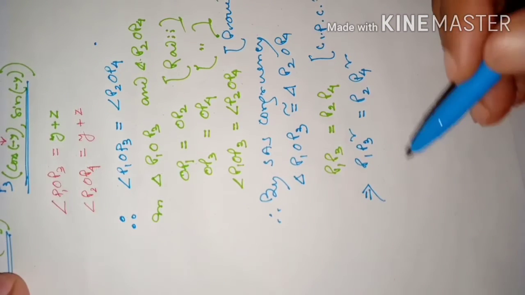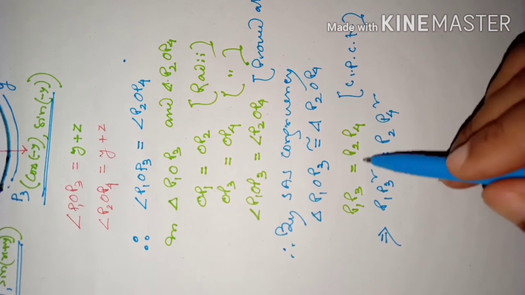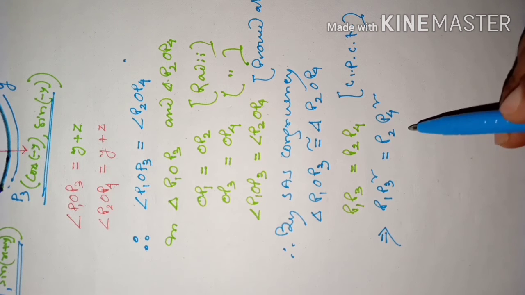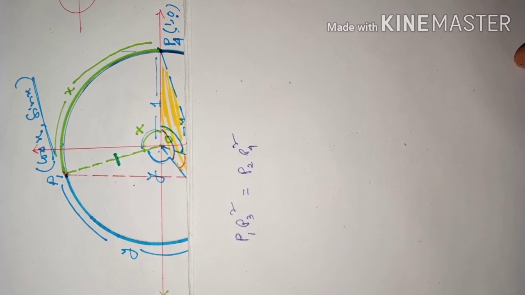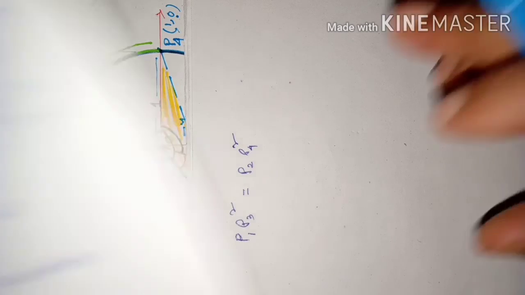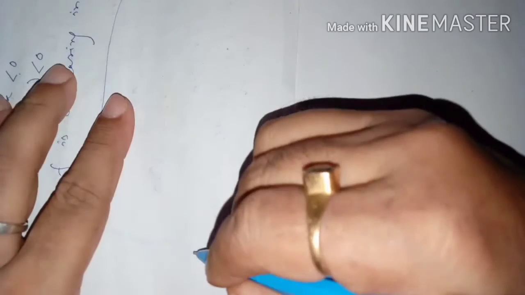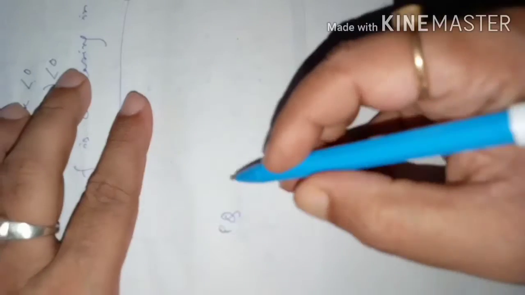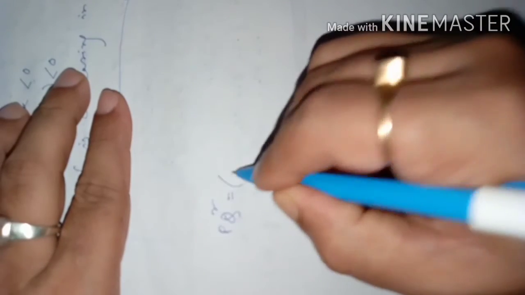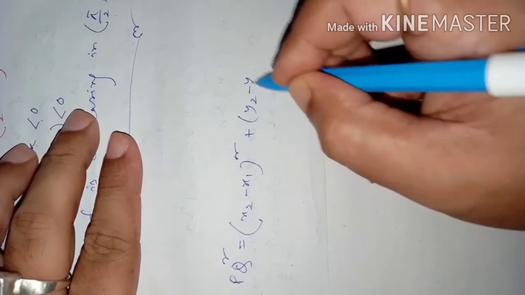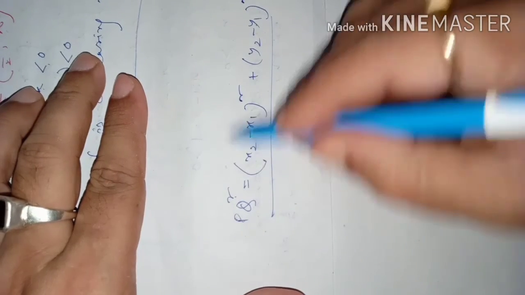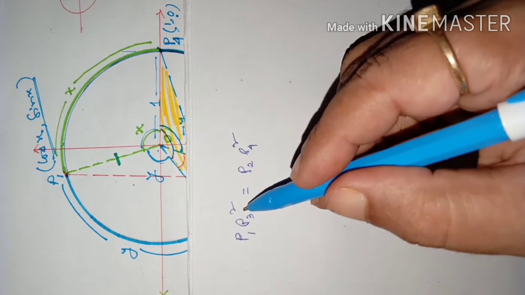So that is why I said P1P3 you got. You write P1P3 equal to P2P4, and after that you square both sides, so that we can use the distance formula. All of you recall the distance formula. What was the distance formula? I am just reminding you here. The distance between 2 points P and Q: PQ squared can be written as (x2 minus x1) the whole square plus (y2 minus y1) the whole square. This is called the distance formula. Or if you don't put this square, then here will be a square root sign. Since we are starting with the square only, no need of the square root sign now.